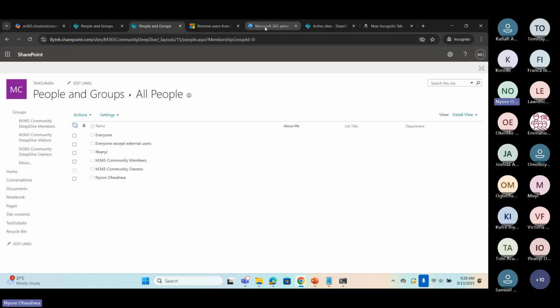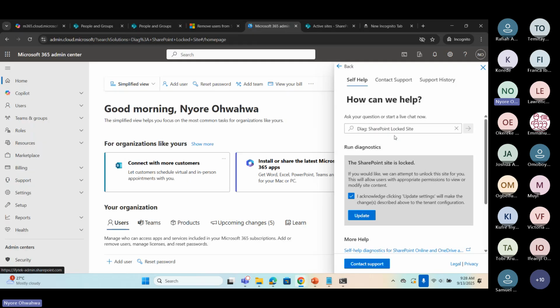So you either have to be a global admin or a SharePoint admin. And even the diagnostic that we ran, if you're not a SharePoint admin, you might not be able to do this because this is giving you access directly into the site. So to answer your question, to be able to use PowerShell, you need to be either a global admin or a SharePoint admin. You can download PowerShell, or connect to it.